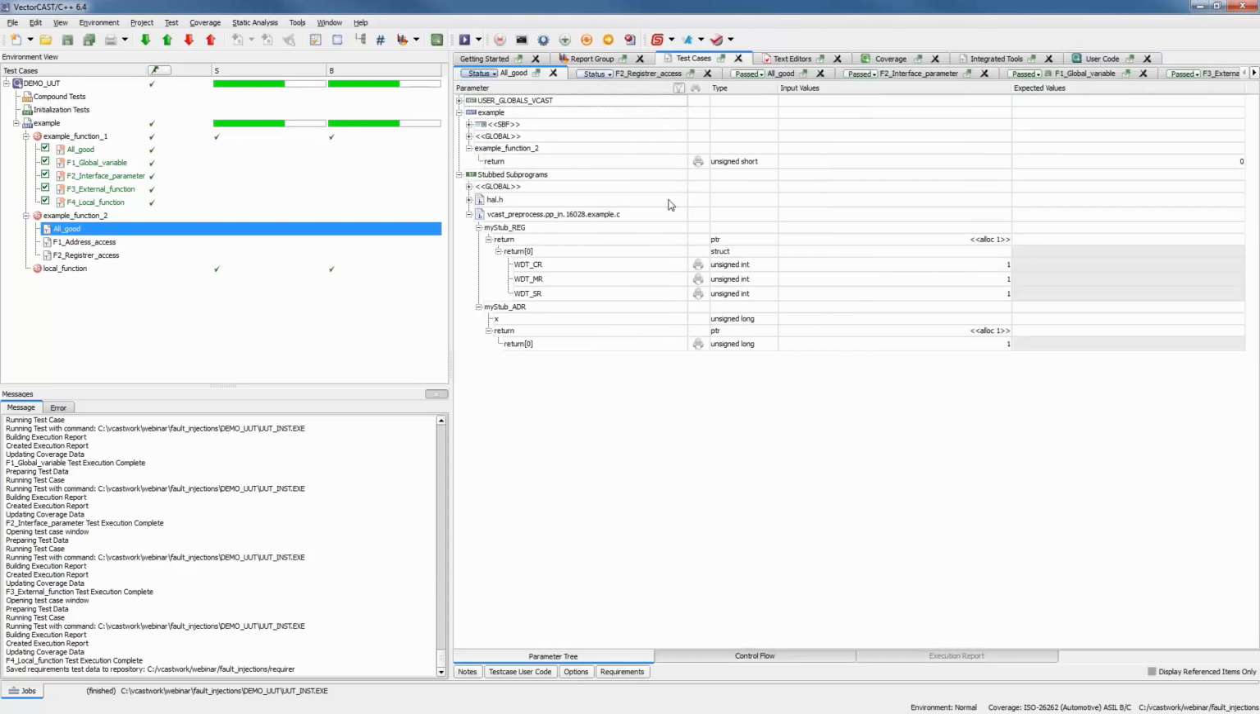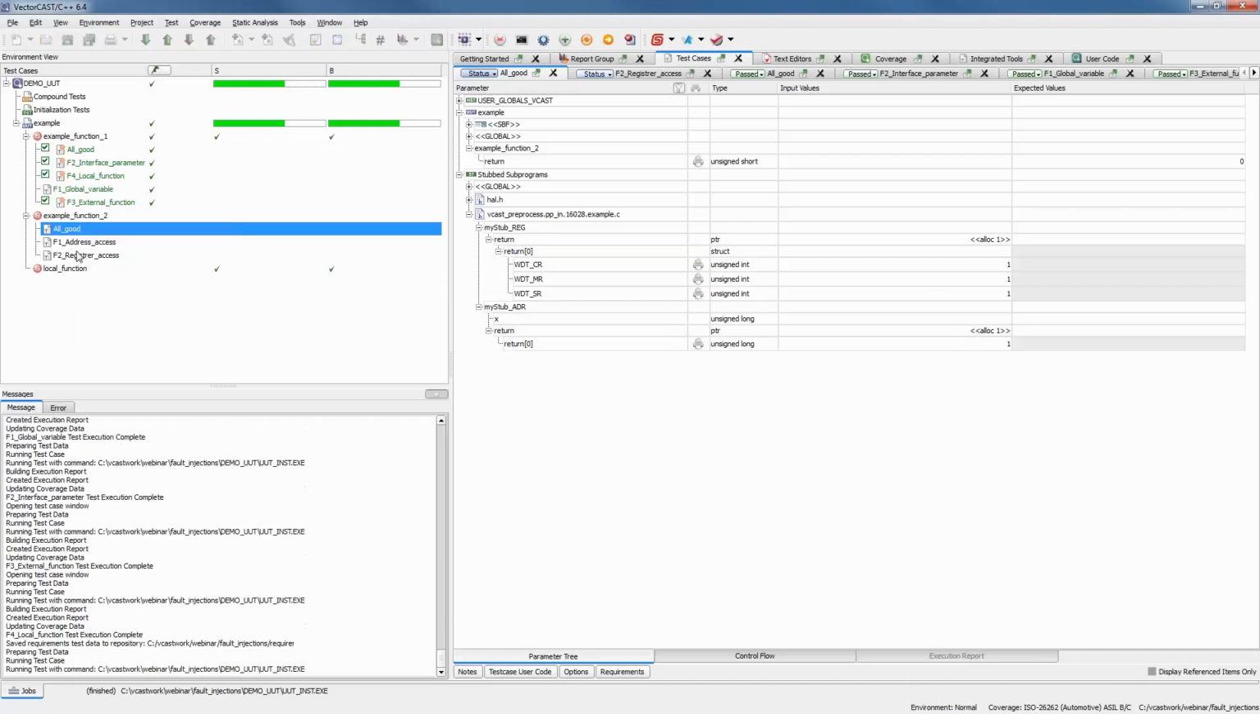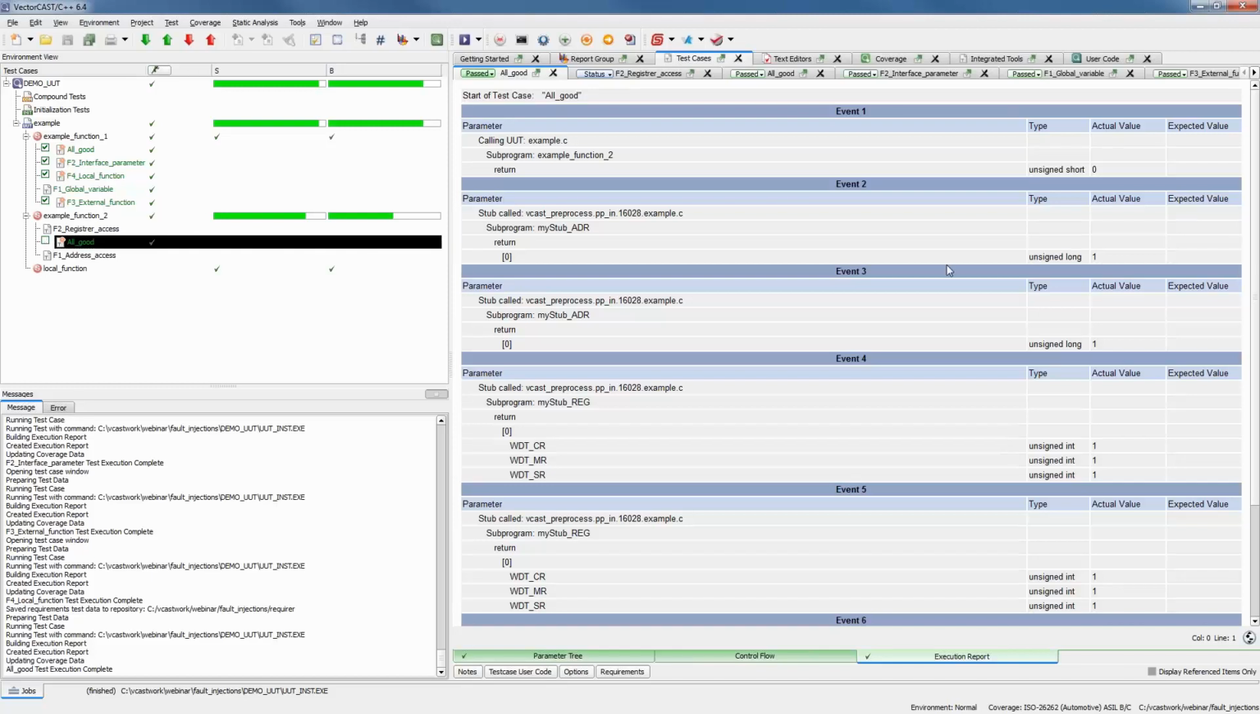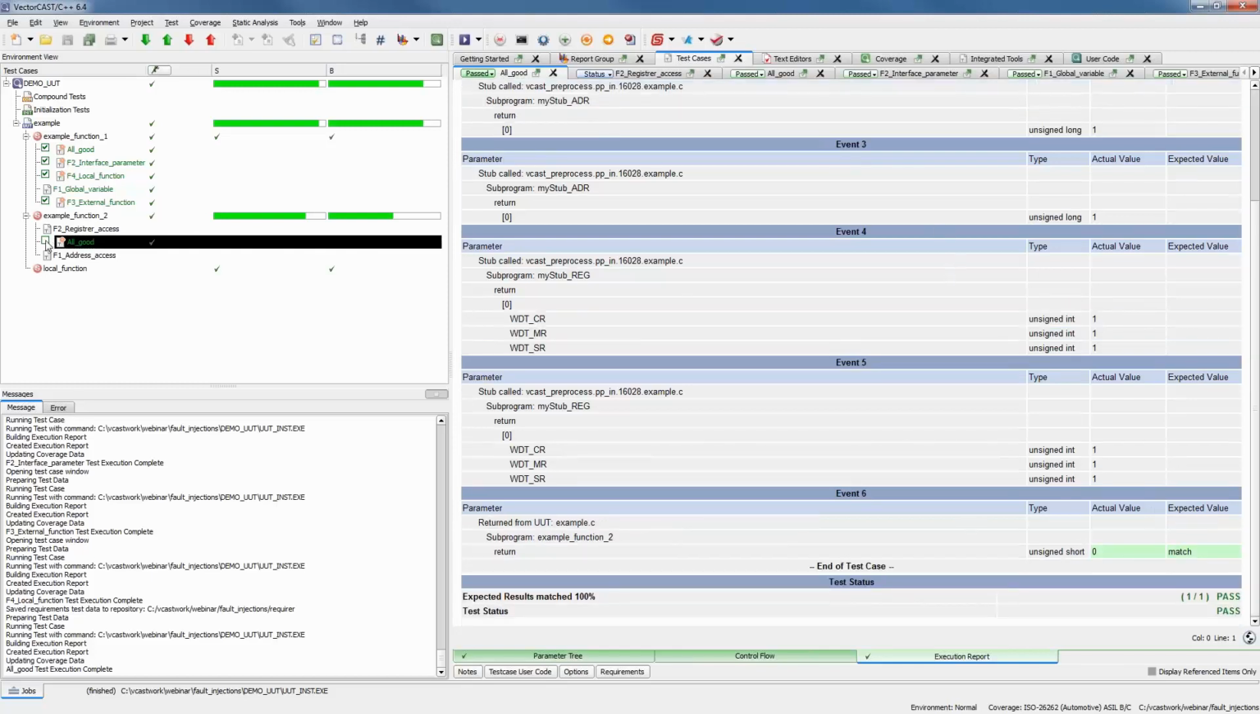So you see, I'm using those two functions that I just defined in my user code, and I'm passing all the good values. So I'm setting just once to all the fields of the structure, and I'm stubbing my address stub or HW address to return always 1. So if I run my test case now, you see everything is green, I've got 0 as a match,